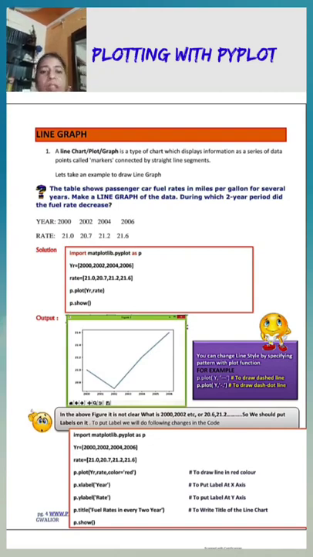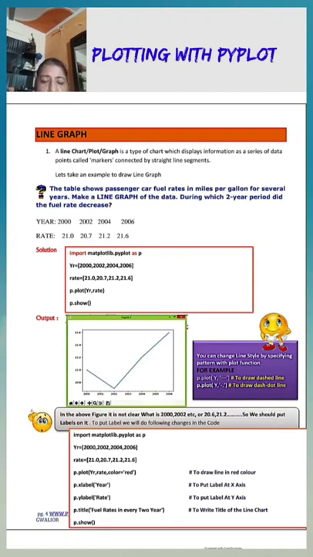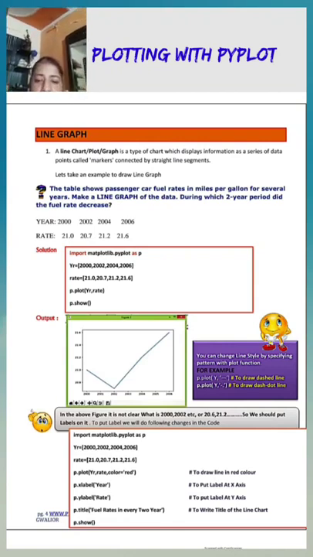It means the output which you are getting is not satisfactory because labeling is not there. We need to customize this plot as per our requirements. Clear? We will study later all these things as we proceed. Clear? Next, in the next box you can see we have tried to customize some of the things, like year and rate